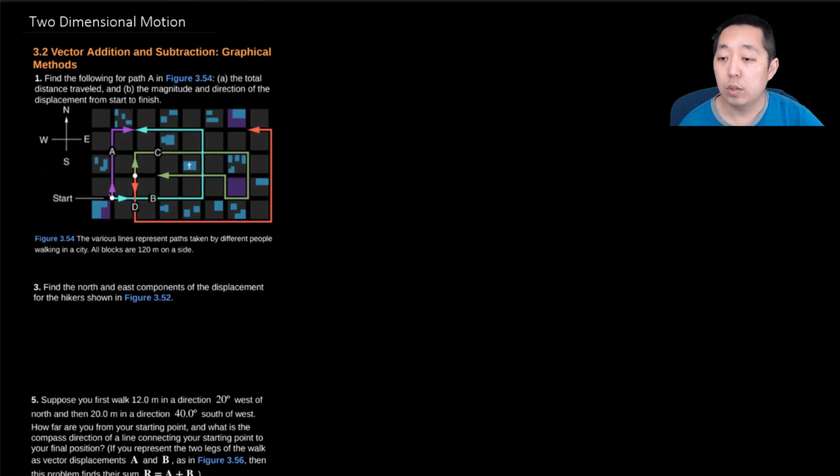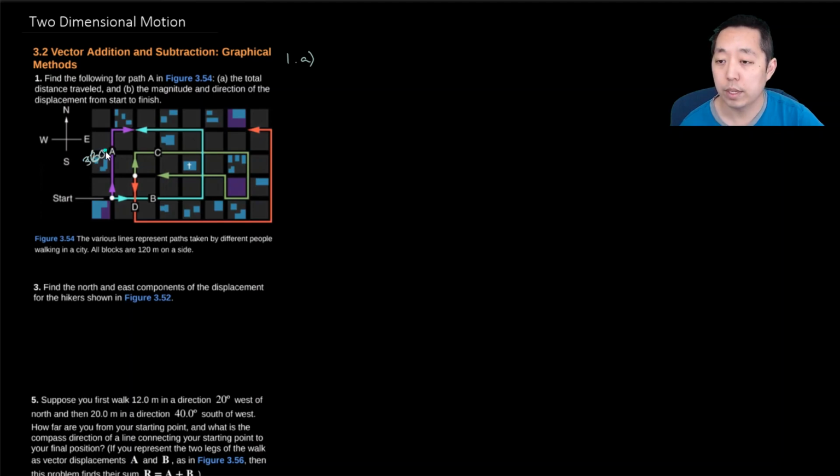Okay, so for distance traveled, in 2 dimensions now we can move up, down, left, right. And so when we're doing the total distance traveled, we're looking at this segment. From A, he's going to start from here to here, and then it goes here to here. So let's see. All blocks are 120 meters on the side. So it goes 1, 2, 3 blocks. So he goes up